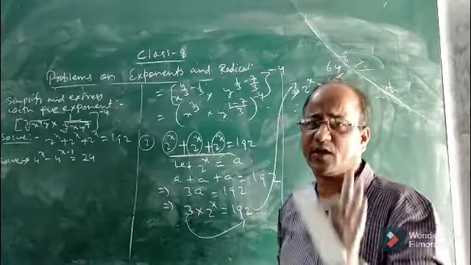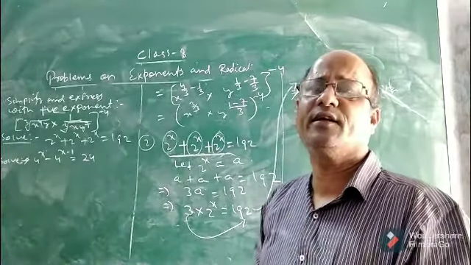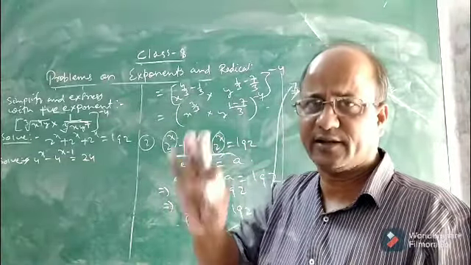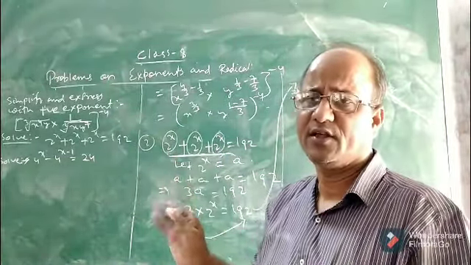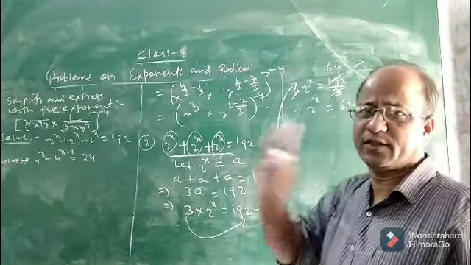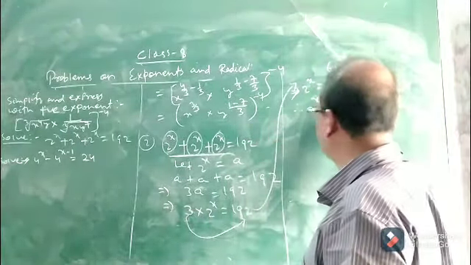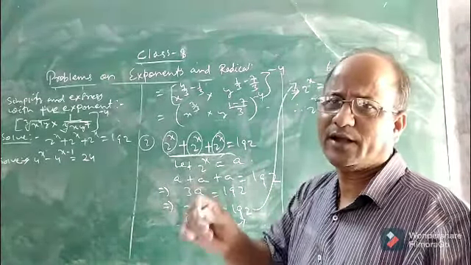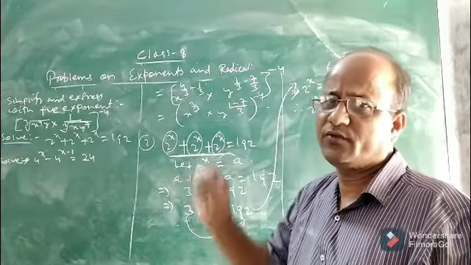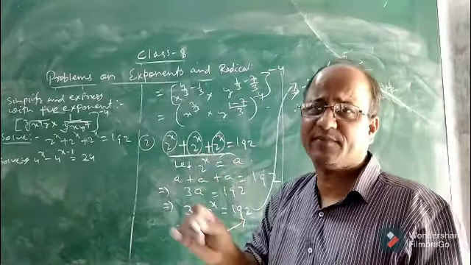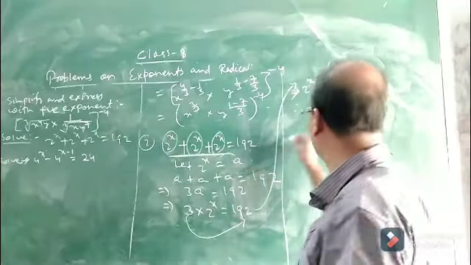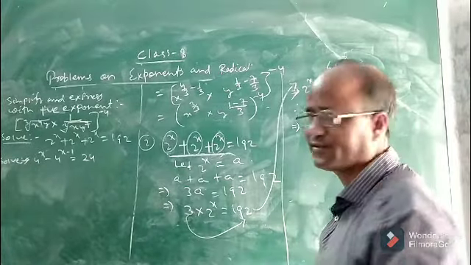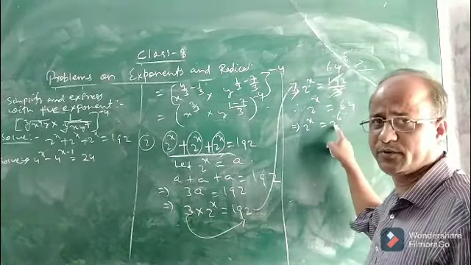Now you know the process of how to solve an exponential equation. What I had said: you make the base the same on both sides. In order to solve any exponential equation, we have also read this in class 7 and I have also discussed it in the class. We have to make the base the same on both the left hand side and right hand side. Here it is 64, so you have to express 64 with base 2. For that you do the prime factorization of 64. You will find that if you multiply 2 six times it will be equal to 64. Therefore 2 to the power x equal to 2 to the power 6. You see, in place of 64 it will be 2 to the power 6.